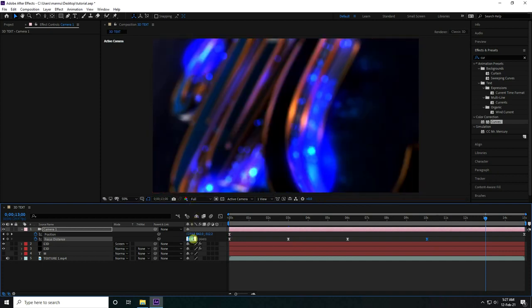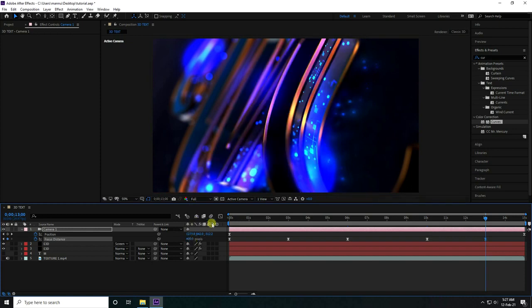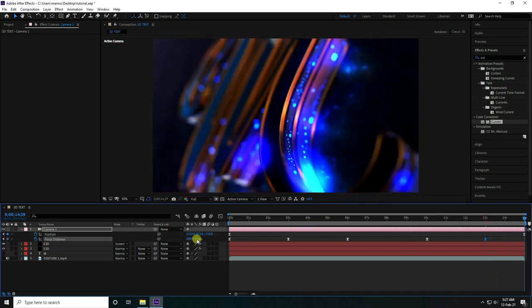And again change focus. I like 400. Yeah, beautiful. And last one guys, go to 15 second and focus, again change like 450. Yes, see guys, that's my beautiful focus.